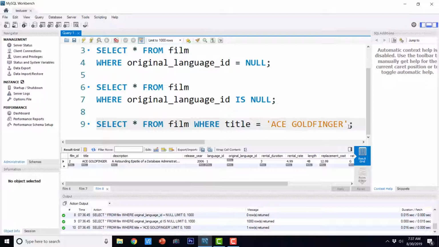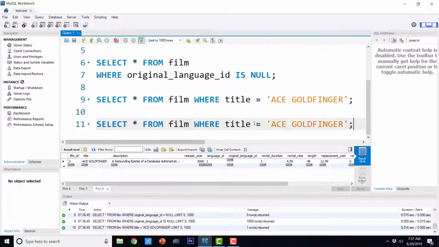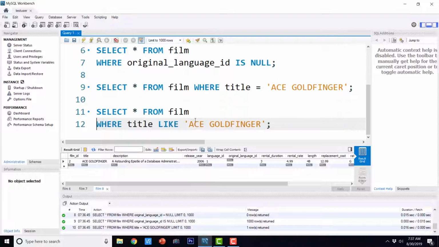So suppose I want that my result set should contain all the strings that start with capital A and followed by 0 or more characters. So for that we need to use the LIKE operator. Here in place of equality we can use the LIKE operator. I'm going to show you a very simple example first, and then we can move towards a bit more complex examples. So here I'm going to say LIKE, and this is 'A' and %.